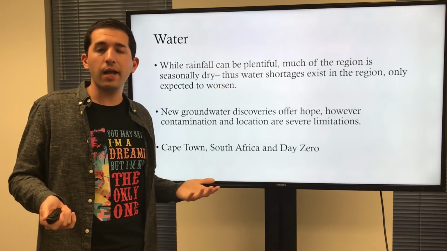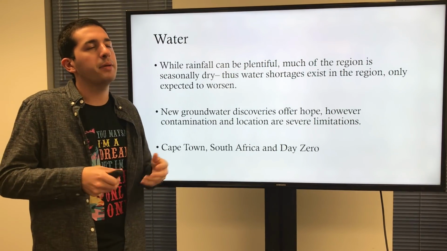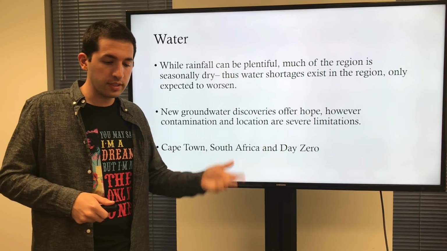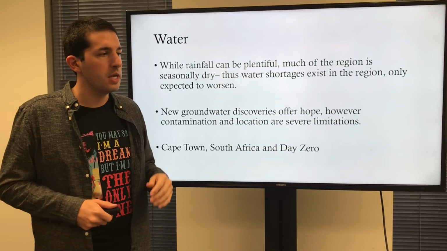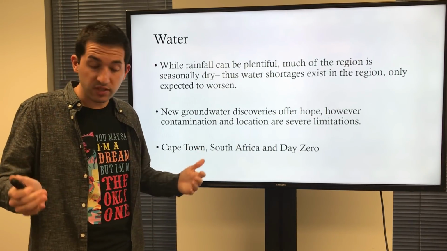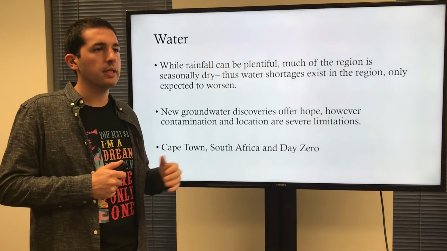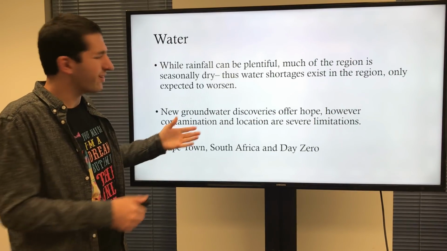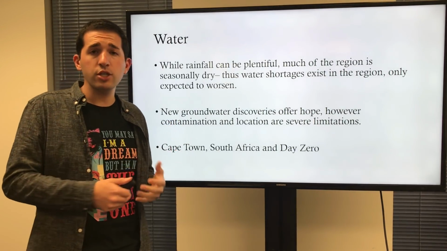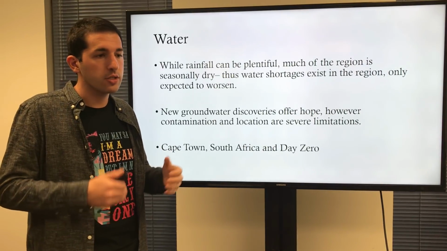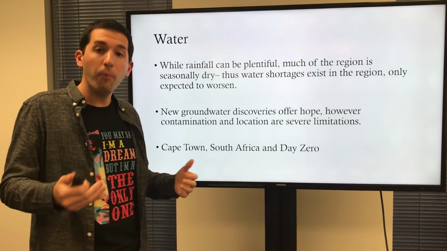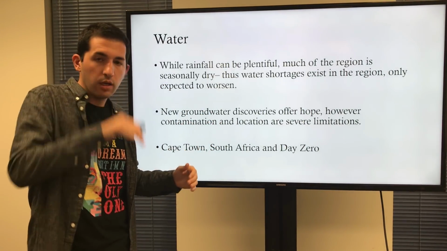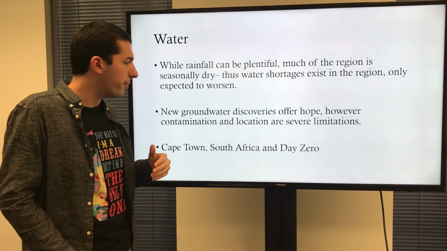New groundwater has been discovered in different parts of Africa. These areas they've happened to discover them in are pretty sparsely populated, not the ideal areas where we'd want to discover natural water underneath the surface. So again, it doesn't mean exactly the problem's fixed, as the book says, but it certainly will be useful. Which leads us to, again, we should mention there's contamination. There's contamination because, again, human-environment interactions, so some of this water that they found won't even be useful. So again, that's why it's good, with a caveat or asterisk. It's good, not great, because we still have some other problems happening.